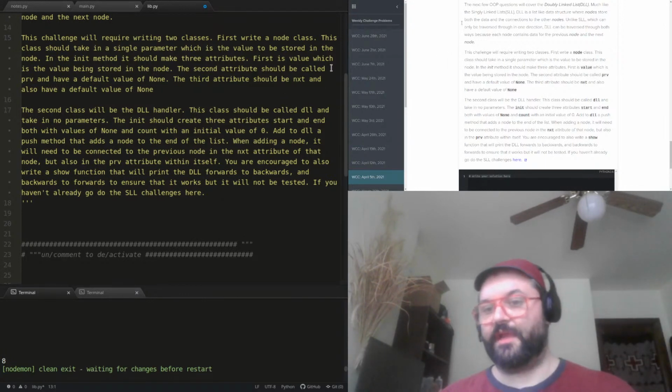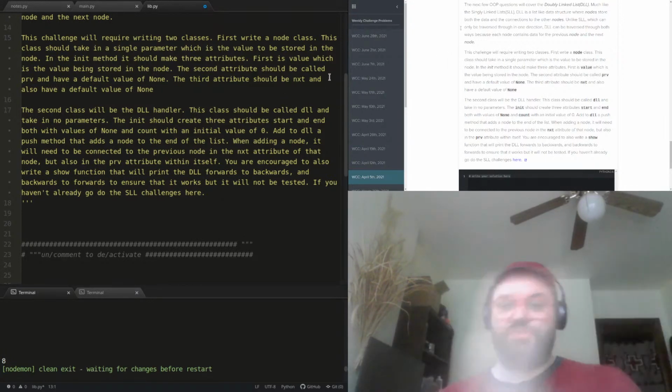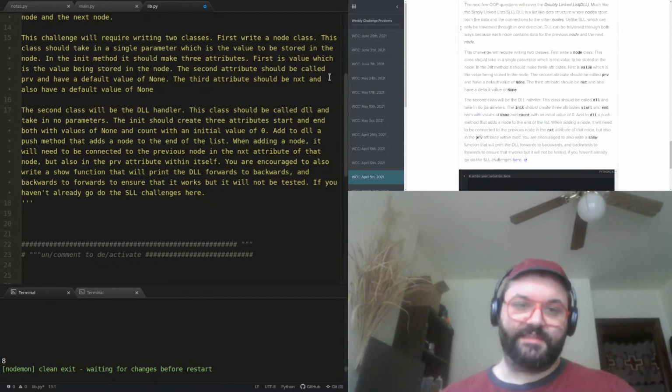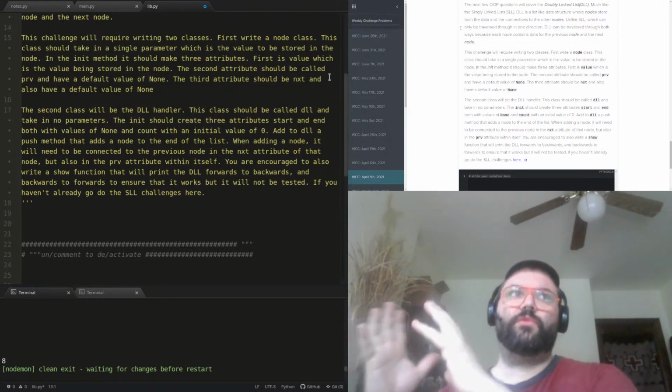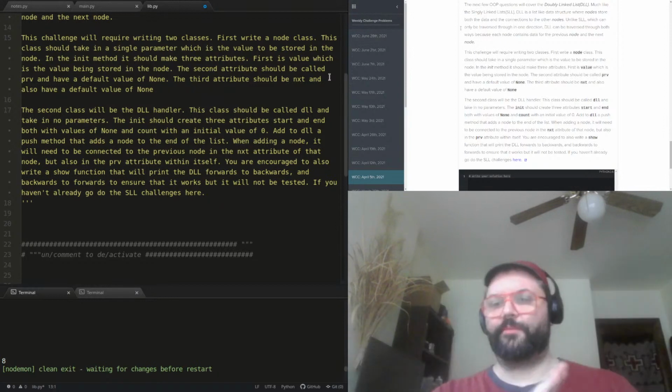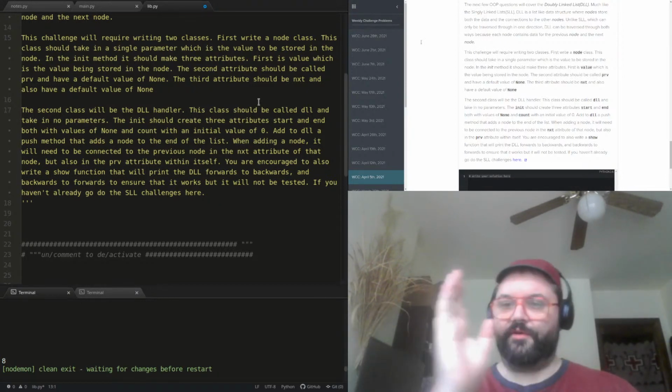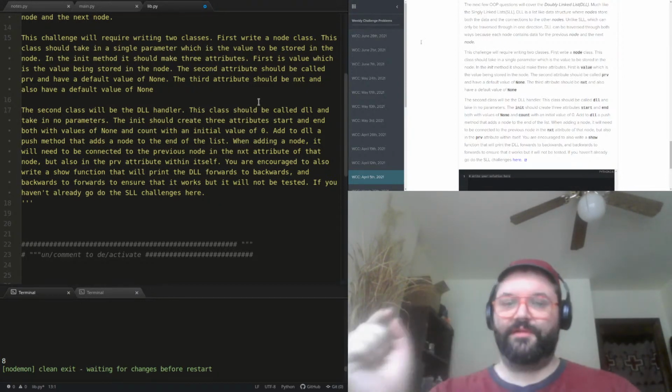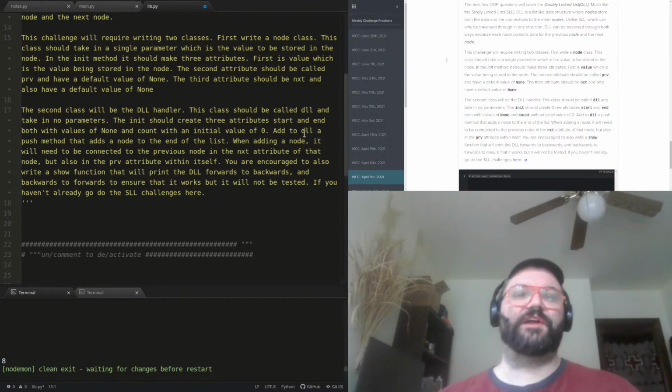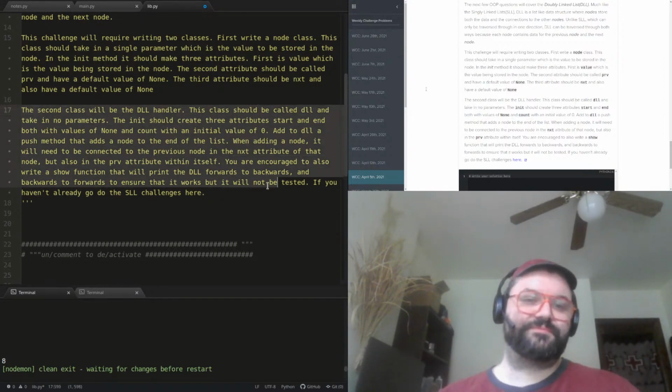Basically, we can start at the beginning and go from left to right, as it were, or from right to left. I think the screen is inverted there. Anyways,